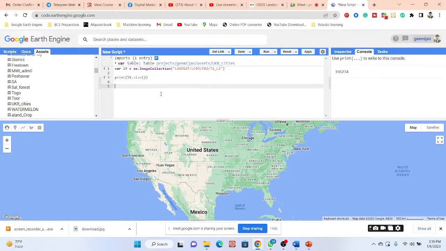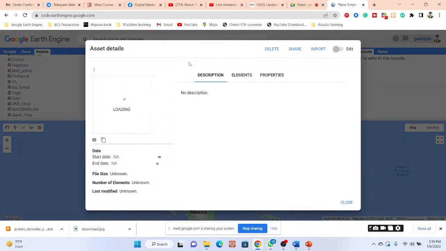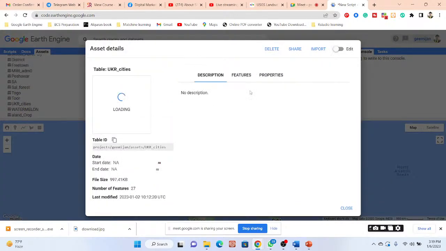From this, first of all, I simply filter my cities. I take a variable and put the variable name, suppose city, and then simply call the table. I just filter it. How can I filter? Earth Engine filter equal. What's equal what? I simply go to this attribute table from here and filtering, then getting on the feature,